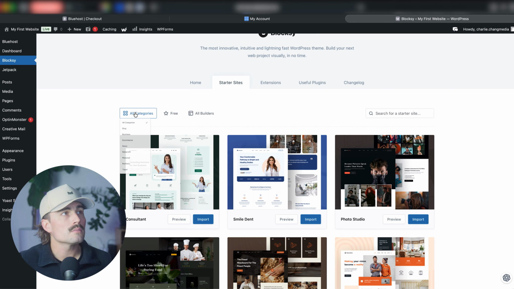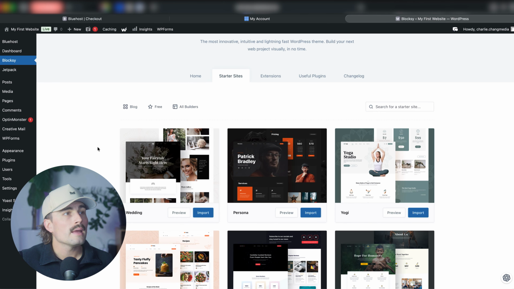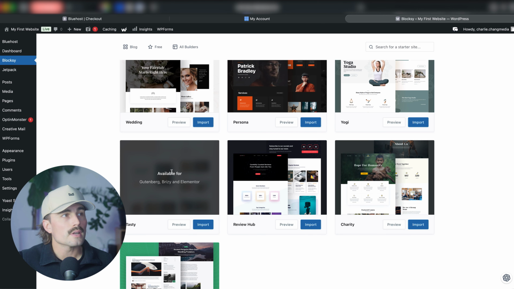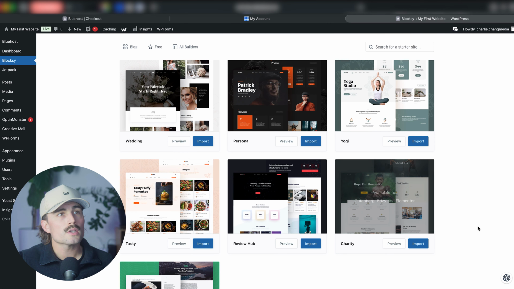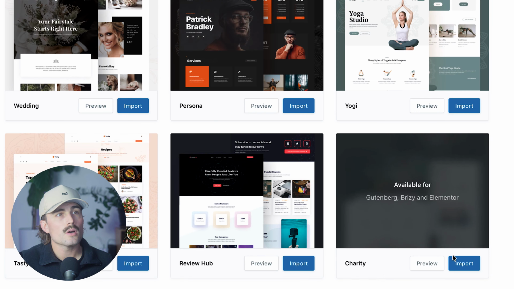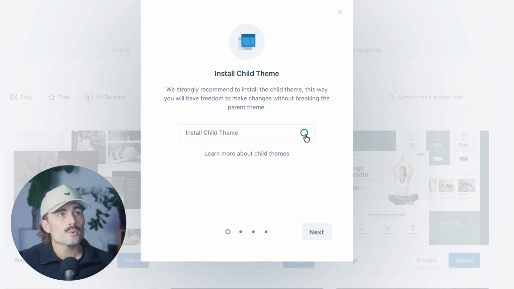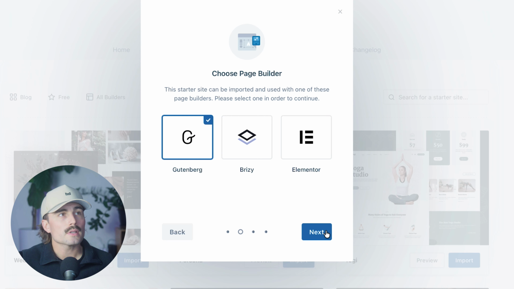So let's select blog. And these are all the ones with a blog. Now it's funny, it has that tasty one up there, but let's go with this one. We're gonna go with charity, and we'll go ahead and click import. Now what you want to do is install it as a child theme, click next, and then